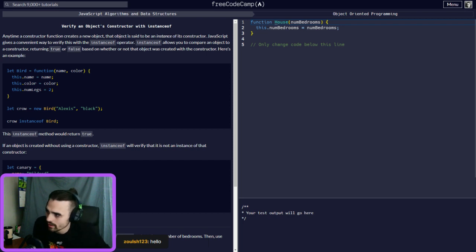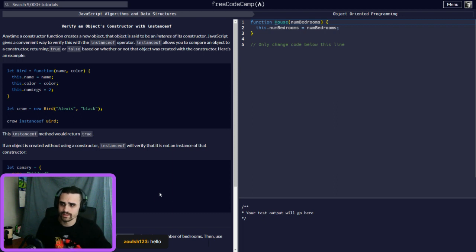Now, on the flip side, see how you're creating this let canary, and you're assigning it a custom object, where the name equals this, the color is set to this, the number of legs is set to this. Whenever you do canary instanceof Bird, it's going to say false, because that canary is its own thing.